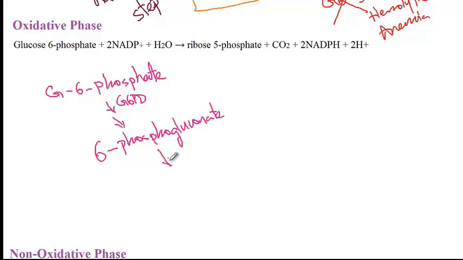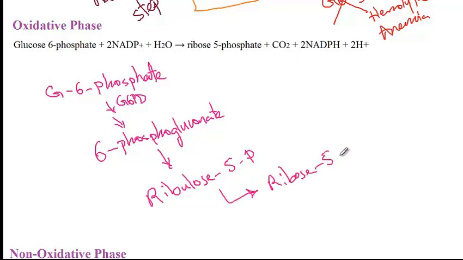And then later on, 6-phosphogluconate will be converted into ribulose 5-phosphate, and now this can be converted into ribose 5-phosphate, which is essential for RNA, DNA, and nucleotide